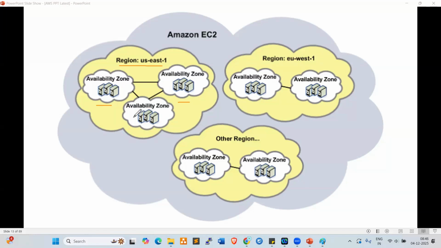Clear, everyone? Every region has zones set up to maintain high availability and high security. Fine. Now,